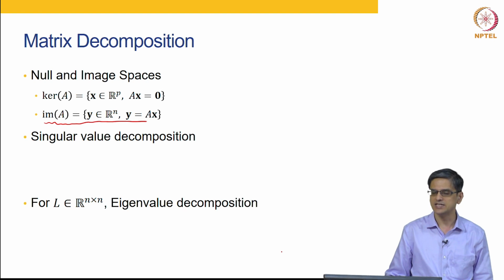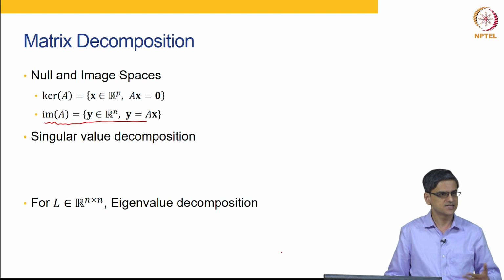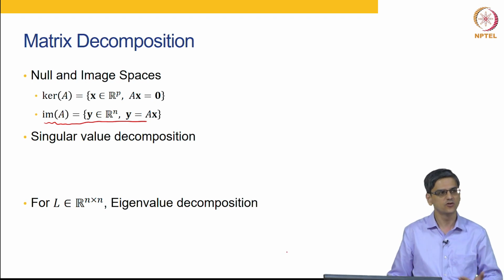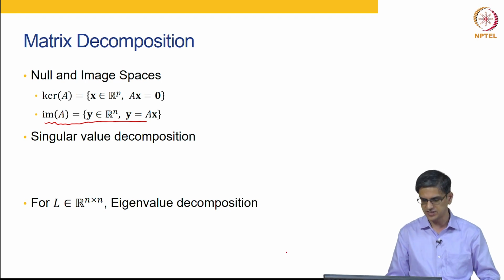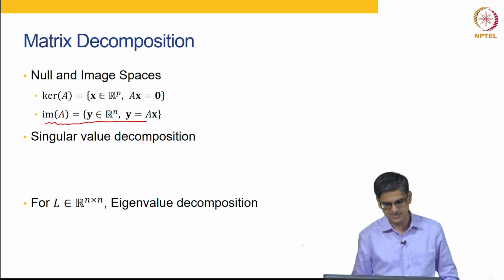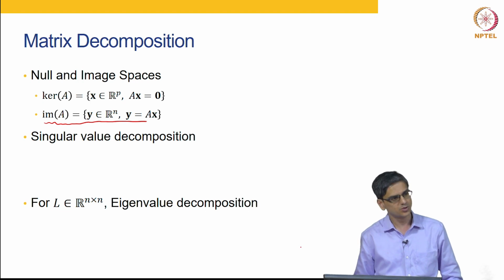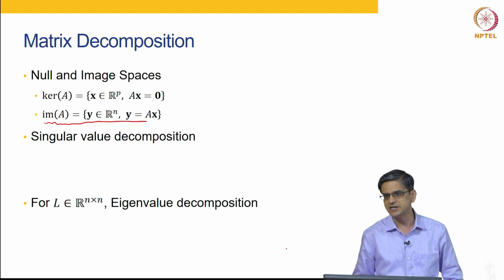Then we talked about the null space as well. So, if your matrix A is an n by n matrix which has full rank, then your null space is just going to be the origin. But if that is not the case, if the rank of the matrix A is less than p, then you will have some null space in your entire system. And then we took an example of what that null space meant.